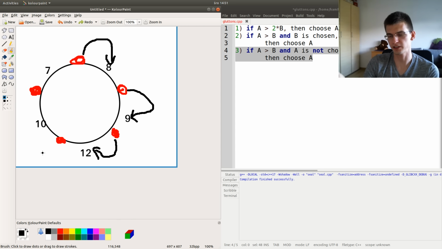So for every person, in some order, if right now he should choose the other cake, then let's make this change.